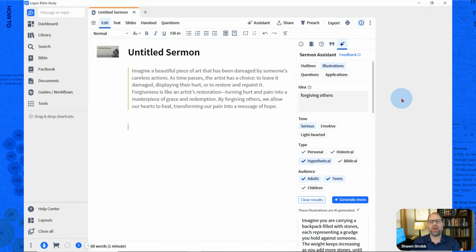But it's a great way to brainstorm for illustrations when you're stuck. And it doesn't matter what you have in your library. So that's the first thing I wanted to show you, the Sermon Assistant tool, for a lot of reasons. But one is for illustrations built right in the place where you're going to be writing your documents for teaching and leading and